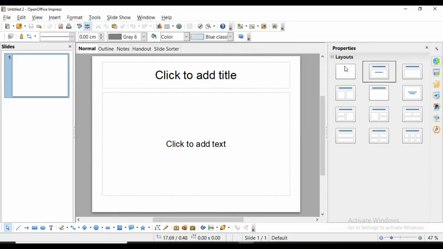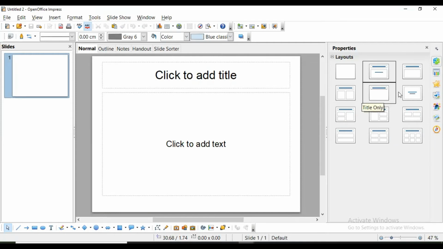And this is property. In property we are having right now layouts of different slides. So depending on requirement, which type of slide you want. This is blank slide, this is title slide, this is title and content slide, this is title and two content. You can see this part is divided into two parts, so two contents are there.